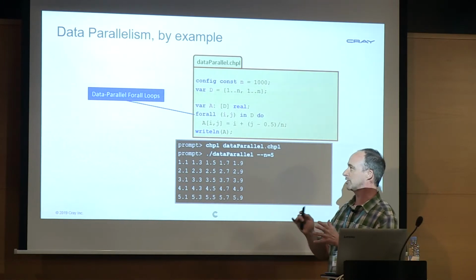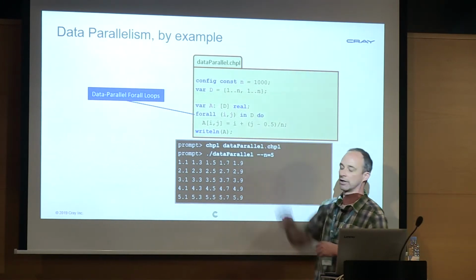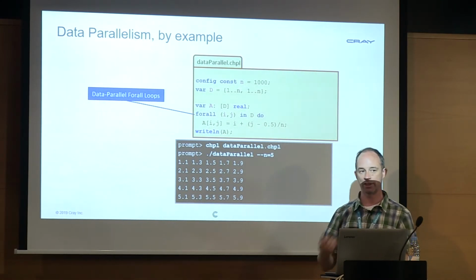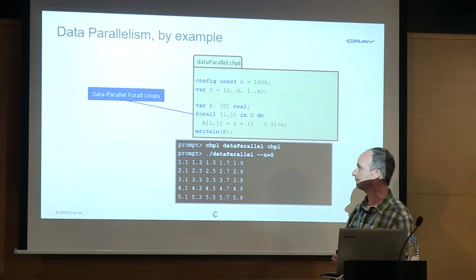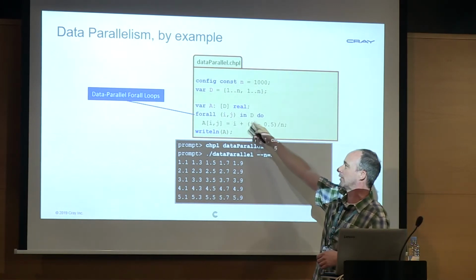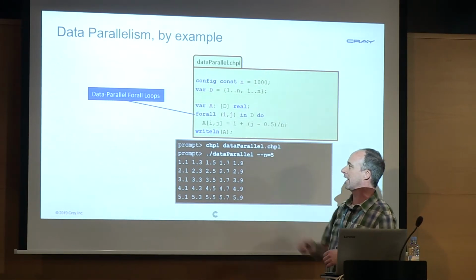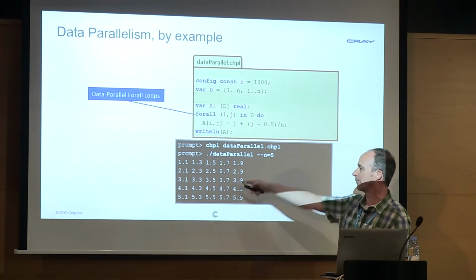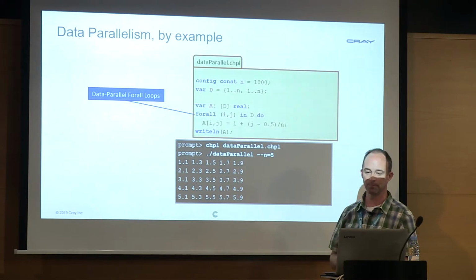So the foralls are a way to defer how much parallelism is created, not specified explicitly, but deferred to the thing you're iterating over. So in this case, for example, D is the thing that controls how many tasks I get, how they divide up the iteration space, and so on. And then basically I'm just iterating over all those indices and setting A to be a simple function of the row and column indices. So I end up with an output like this, for example.